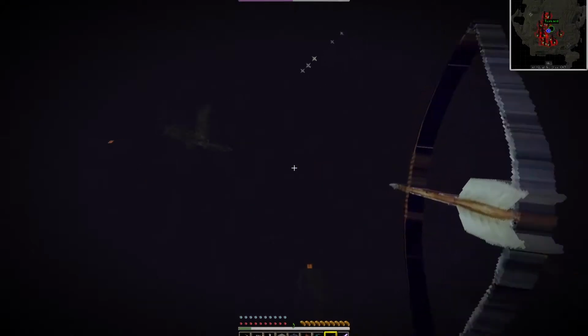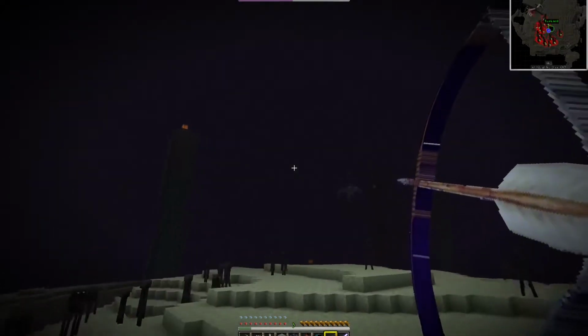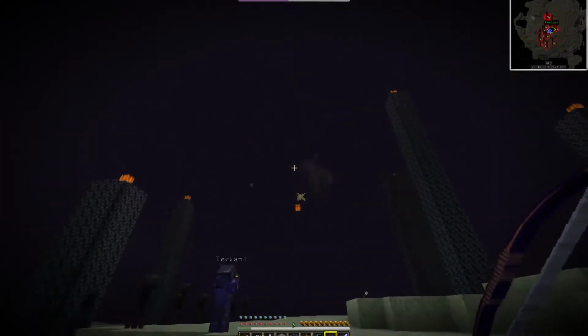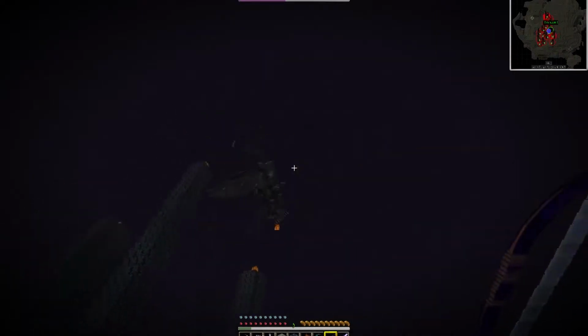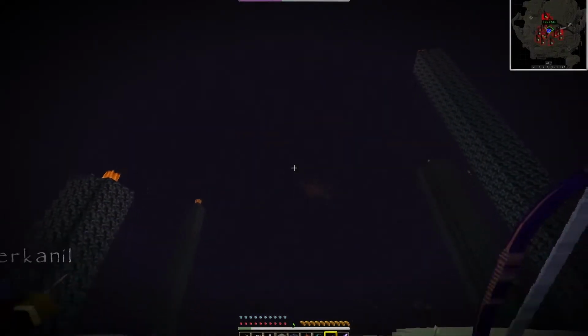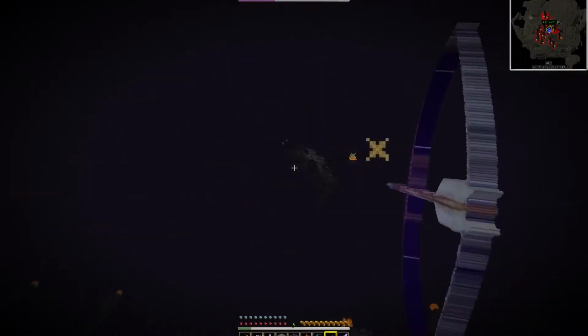Shame he doesn't drop a skull when he dies. Now you just get the dragon egg if you want to steal that. Got him. Come on. Come back here. Got him. I don't think he's healing any longer. That's always a good sign. Yeah, he hasn't healed in a while, so I think we got most of the...